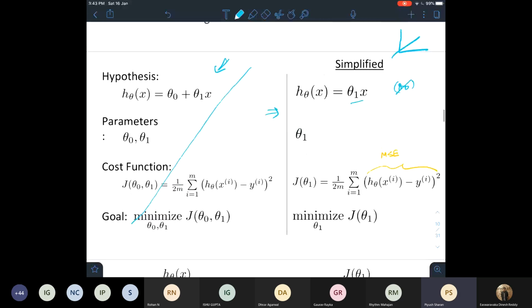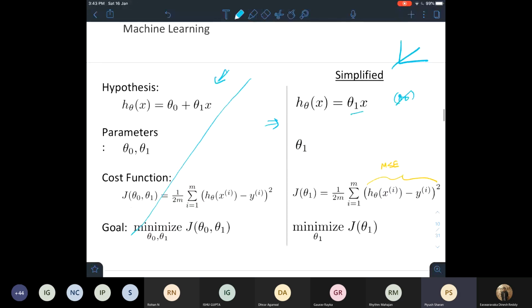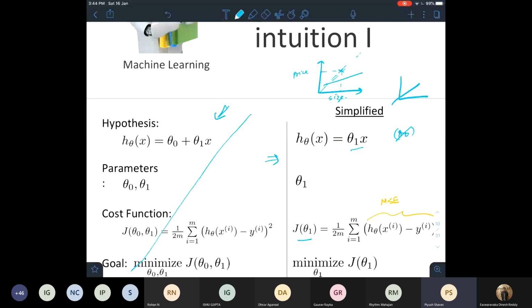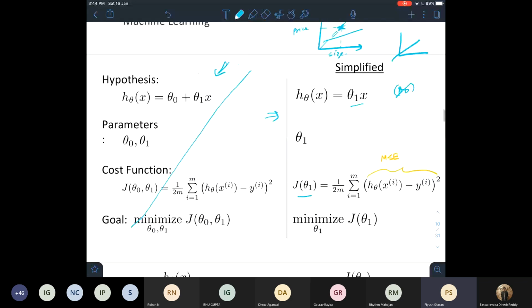So what we do is we define a loss function or a cost function J(theta 1), and it is defined somewhat like this. Say that our line was like this, and this is the price and this is the size. Say our initial line was like this, and this is our point that we have. Now to get the best possible line, it should pass through the origin and pass through this point, right? This would minimize the error. So that is why we define the error as the predicted value minus the true value.